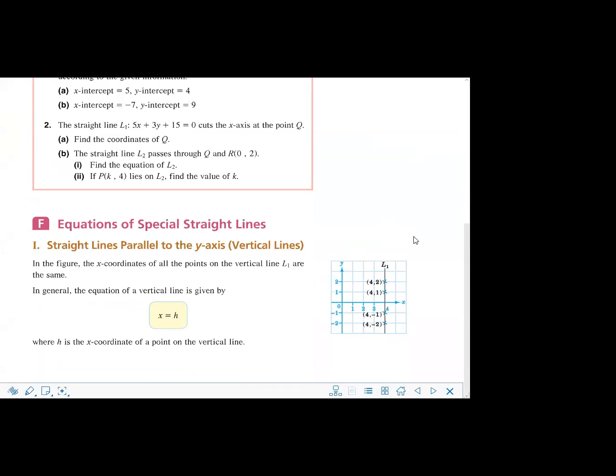If it is a vertical straight line, if the question asks us to find the equation of a straight line, sometimes we will encounter some special cases. Special cases. 1. If L is vertical